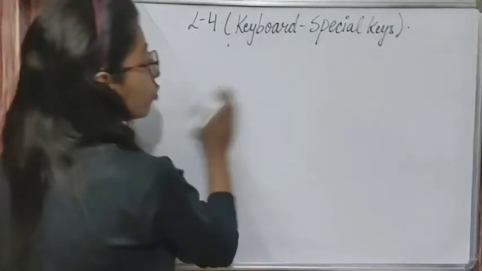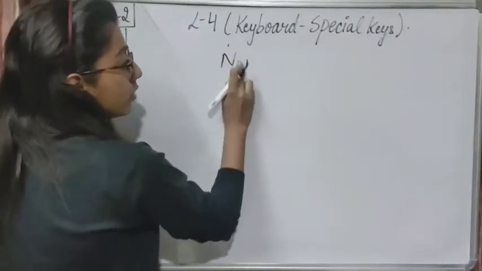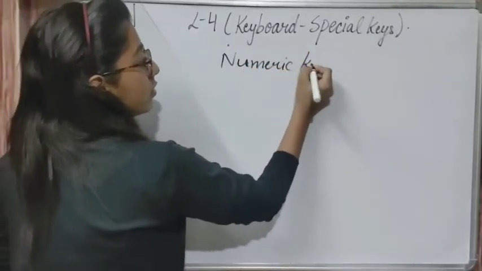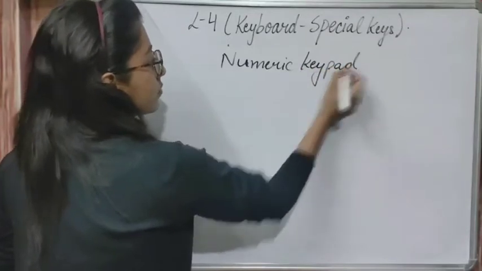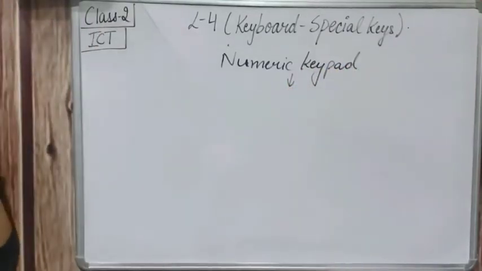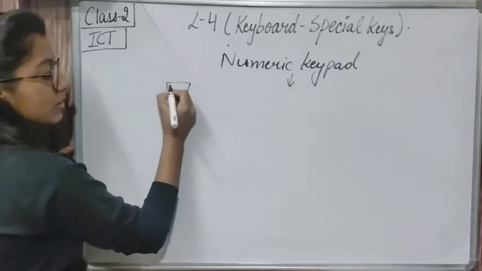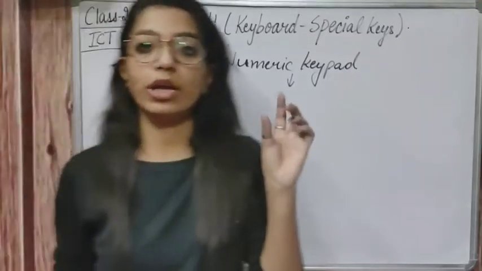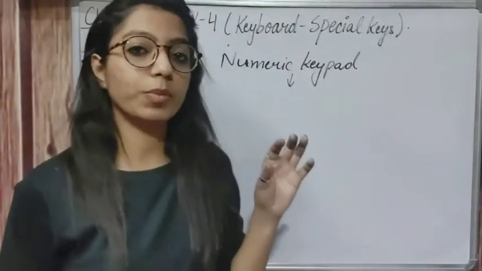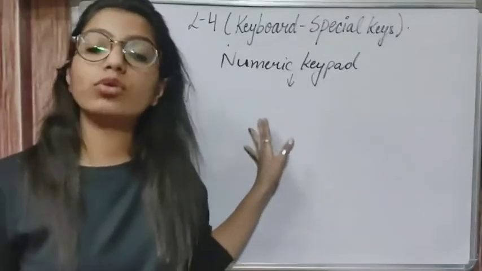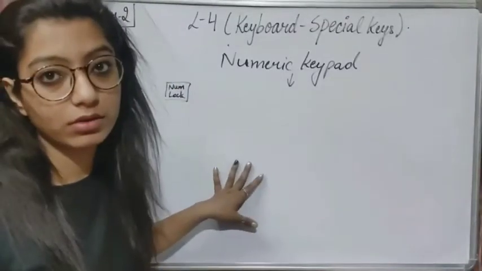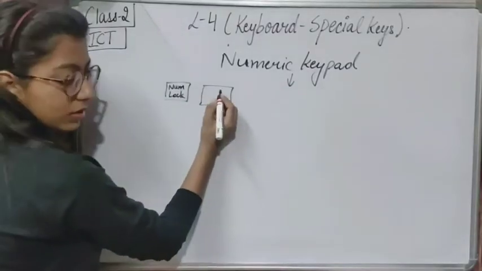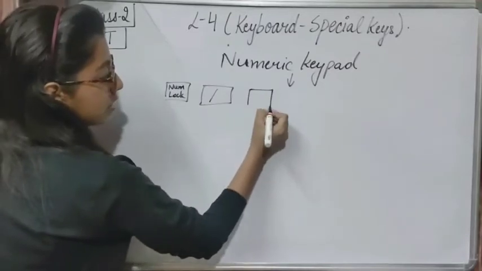What is this that is made here? A numeric keypad is made here. Here I will be making this numeric keypad. Okay. So firstly, the first key given here is Num Lock. If Num Lock is on, a yellow light will blink on your keyboard. If it is on, only then you can use this keypad, the right hand side keypad. Okay, then these are the symbols.